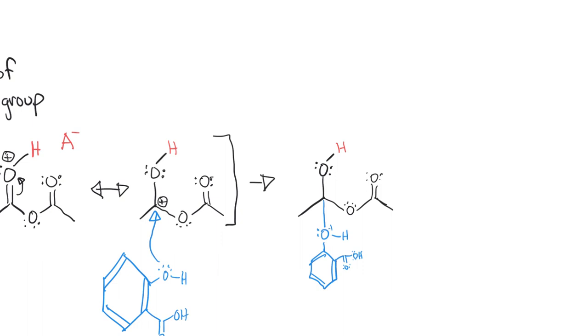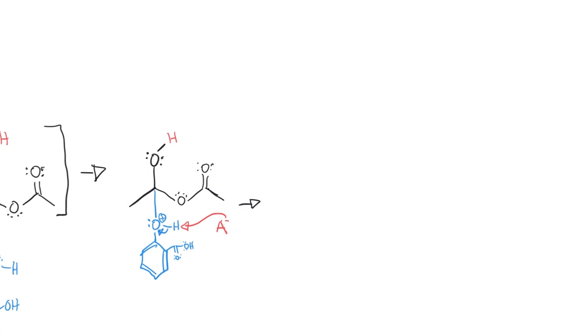And now the positive charge is on that oxygen. So now our conjugate base is going to be right here. And the conjugate base is going to go ahead and deprotonate this oxygen, take that proton off there, and that bond is going to jump onto the oxygen. And then what we will be left with